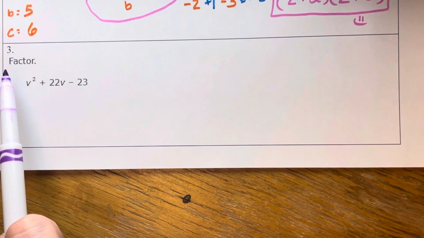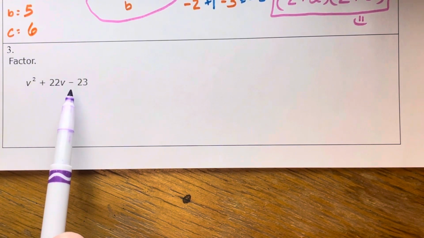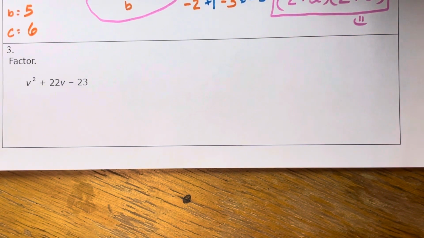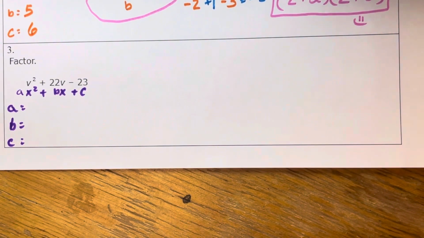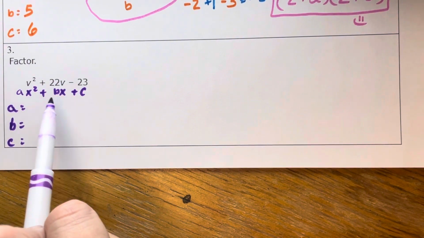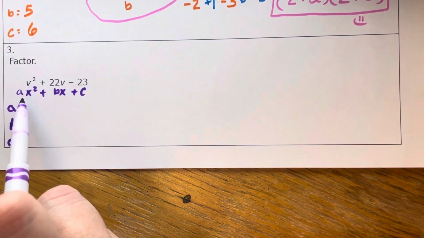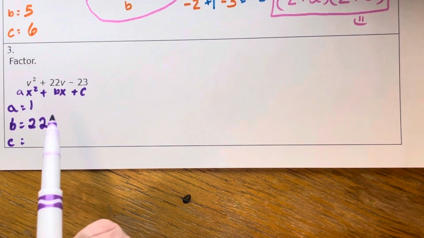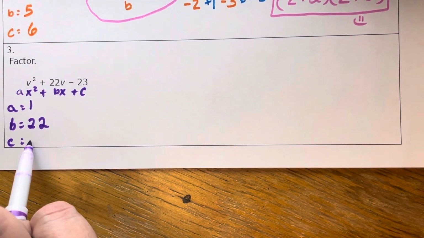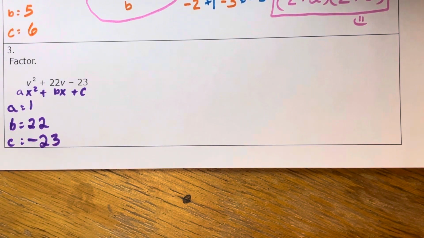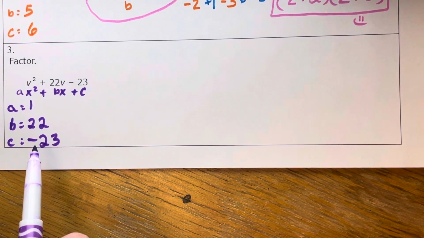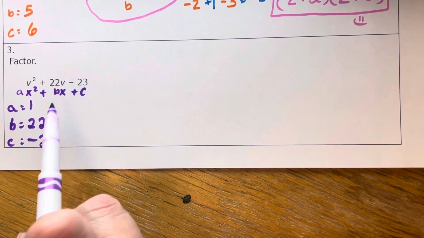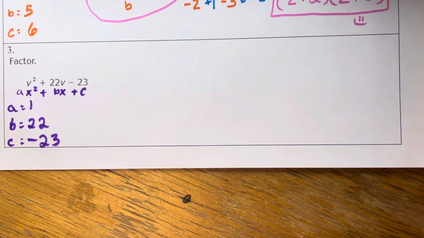Here in example 3, as we go to factor this trinomial, we realize that this time, hey, there's a minus. So let's go see what it does. Using our standard trinomial as a guide, we see that again our a number is 1, our b number is 22, and our c number, ooh, that is a negative 23. Hey, do you have to take that negative with it? You bet you do. Absolutely have to take that minus along with the 23